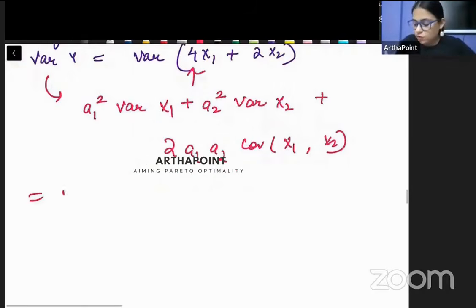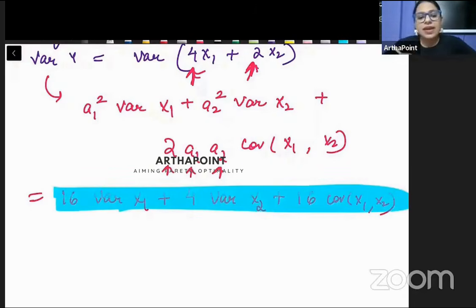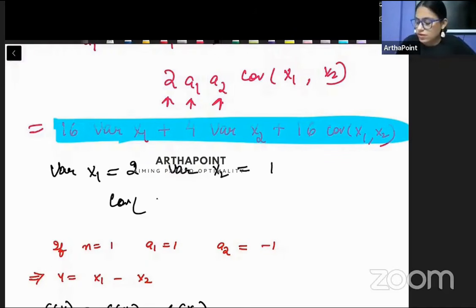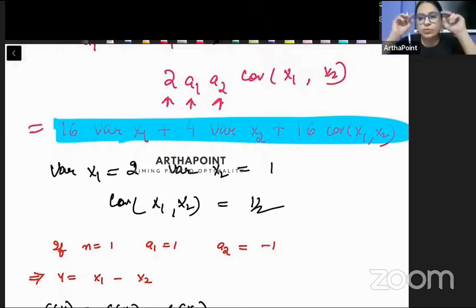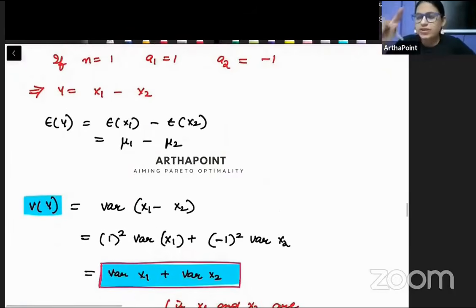तो बेटा this is going to be a1 4 है, 4 का स्क्वायर हो गया 16 वेरिएंस ऑफ x1, a2 है 2, 2 का स्क्वायर will be 4 वेरिएंस ऑफ x2 प्लस 4 इंटू 2 8 इंटू 2 that means 16, यहाँ पे 4 डालो, यहाँ 2 डालो, so 16 कोवेरियंस ऑफ x1 x2। This will be the variance of y। अब एग्जाम में ना you will be given values, आपको ऐसा दिया होगा कि वेरिएंस ऑफ x1 है 2, वेरिएंस ऑफ x2 है 1, कोवेरियंस between x1 x2 है half, ऐसी कोई वैल्यूज दी होंगी। You can plug these values, इसको यहां डालो, इसको यहां लगाओ and get the answer, right।